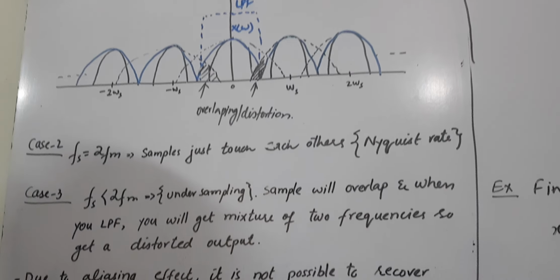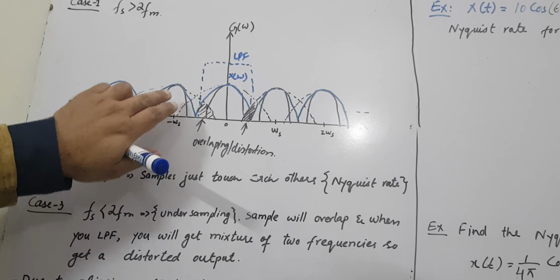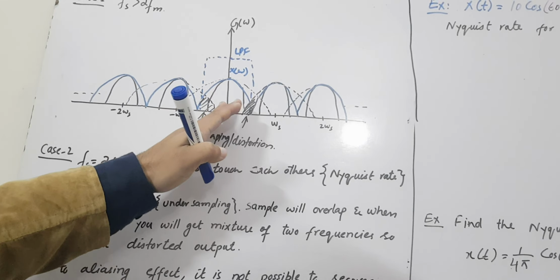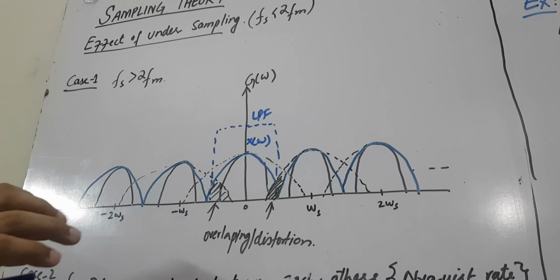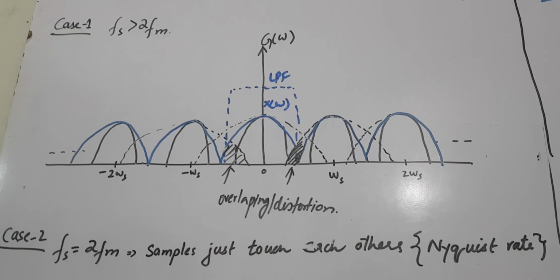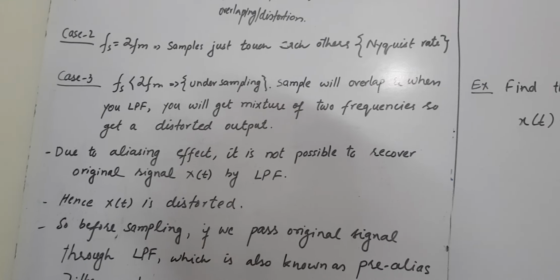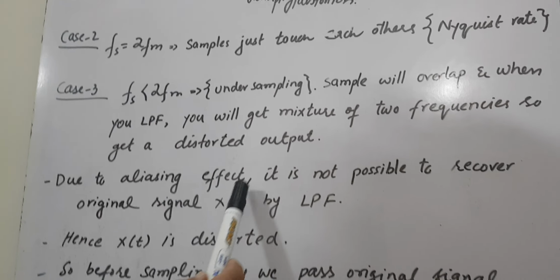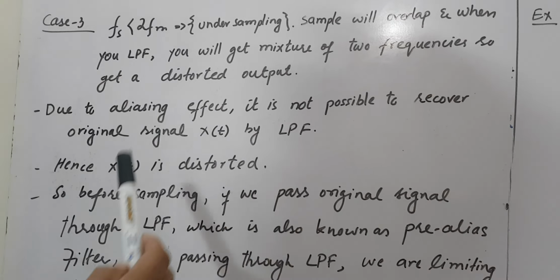If this is happening, when you use the low pass filter you are getting both signals, the high frequency component as well as the low frequency component. That is why you are getting distortion in your message signal, with two different frequencies, and it is very hard to extract the information. Due to the aliasing effect, it is not possible to recover the original signal x(t) by using the low pass filter, because